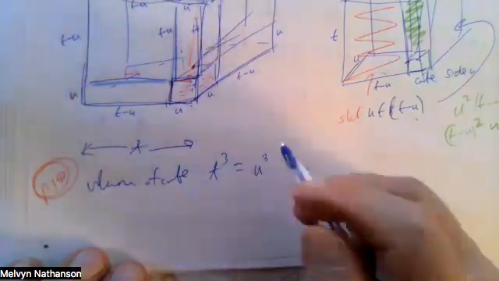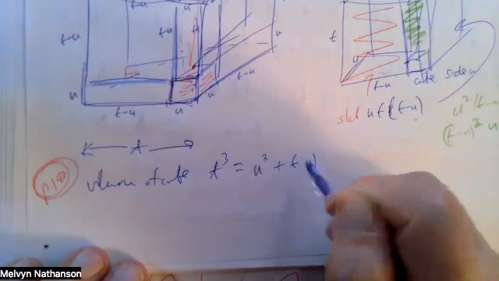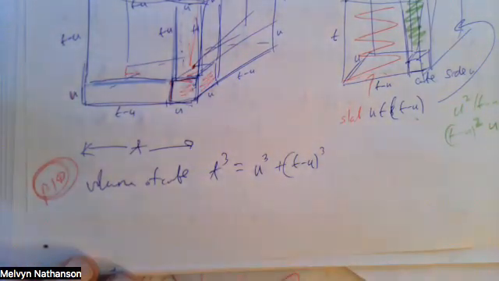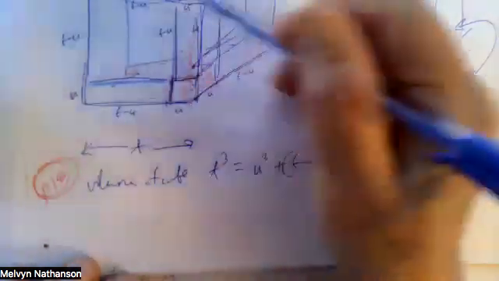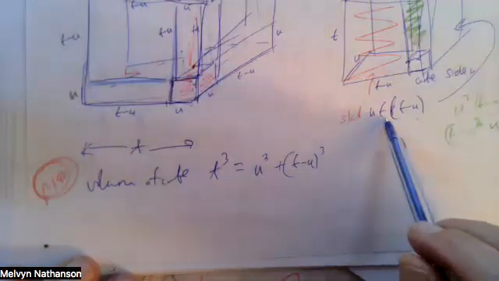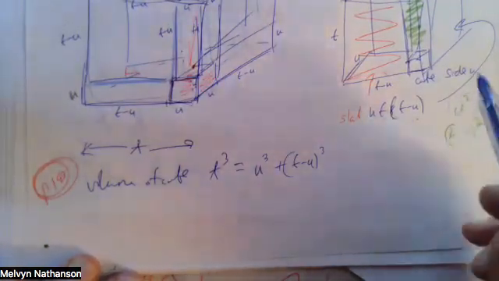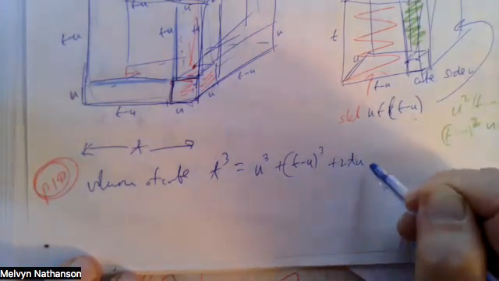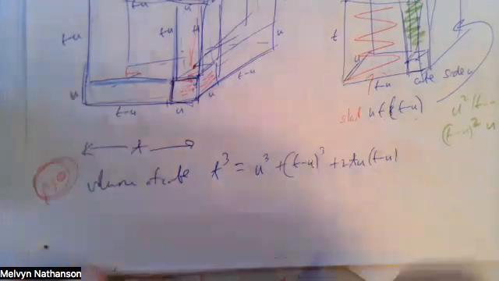I have another cube at the top whose side is t minus u, so the volume is t minus u cubed. I have 2 slabs that look like this. Each of them has volume tu times t minus u, but there are two of them, 2tu times t minus u,